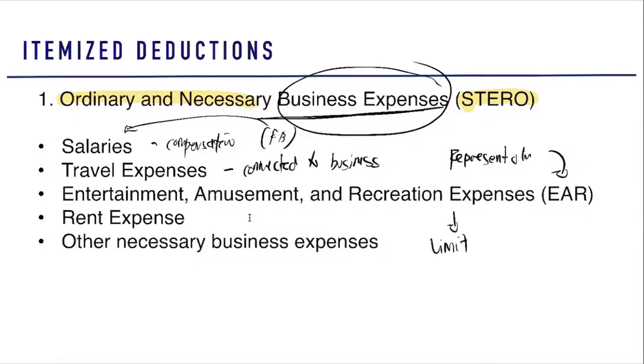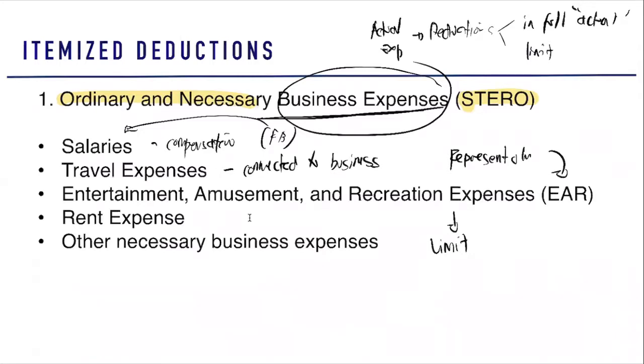Okay, so as we go through your itemized deductions, as early as now, please take note that deductions, as we said, are actual expenses. And deductions can either be deducted in full, in their actual amount, or based on a limit. So as you can see, a while back, for salaries and travel expenses, we did not discuss any limit as to that particular expense. Therefore, you can deduct that in full. However, now in your entertainment, amusement, and recreation expense, we will have a limit. And what is the limit, sir?